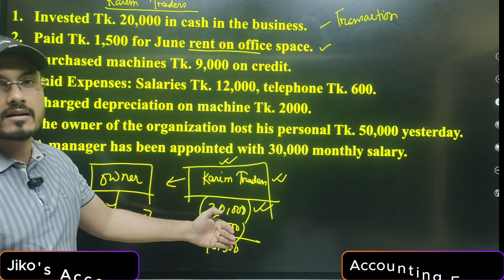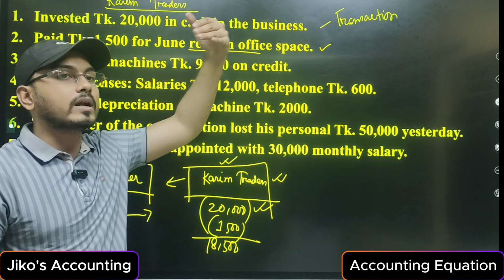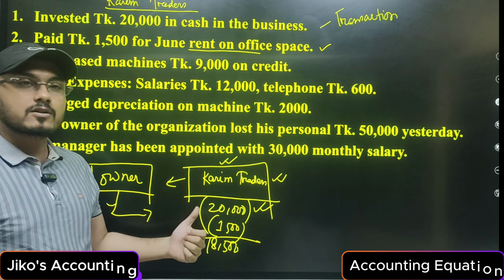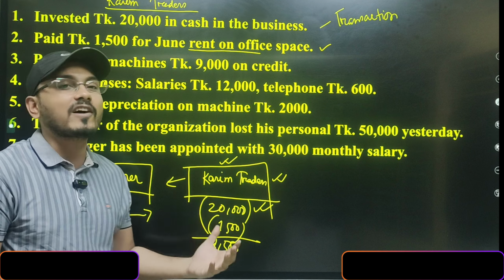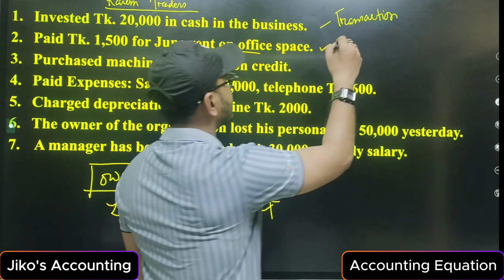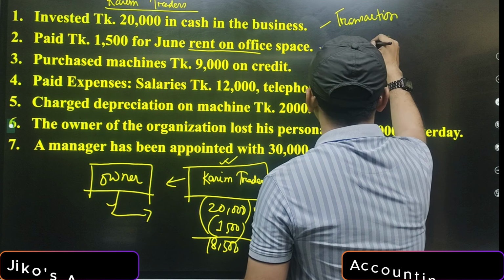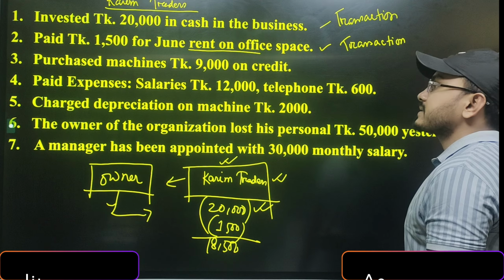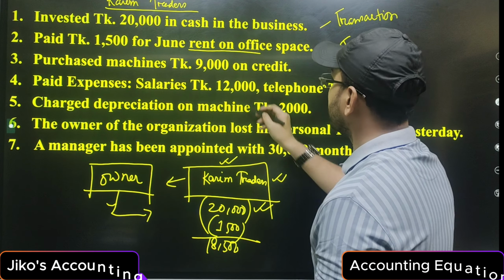Obviously, it's a transaction because there are two parties. One is the landowner to whom I'm going to pay, and the second one. What was the second condition? Changing the financial condition of the business. It is already changed. That's why we can say it's also a transaction. Is it clear, sir? Purchased machines taka 9,000